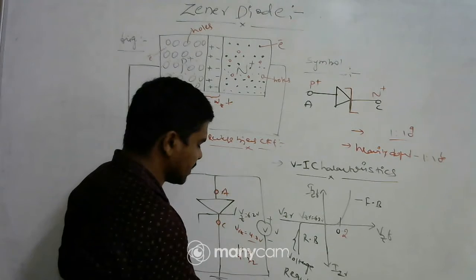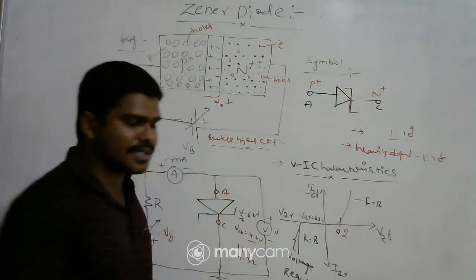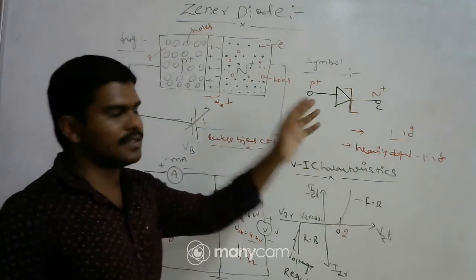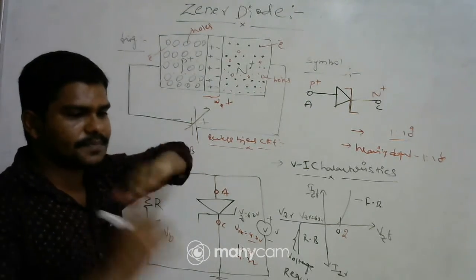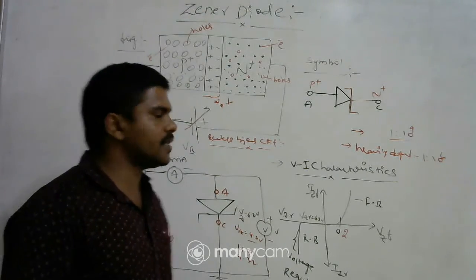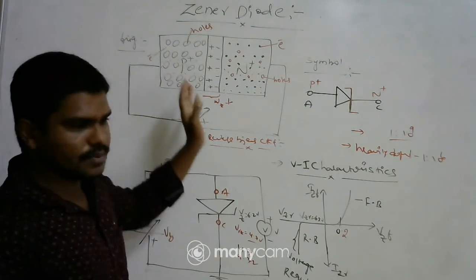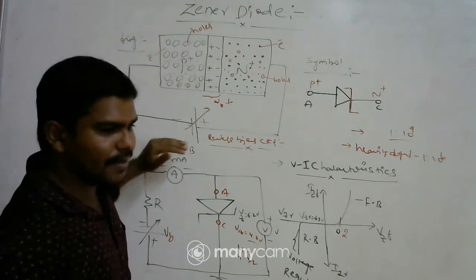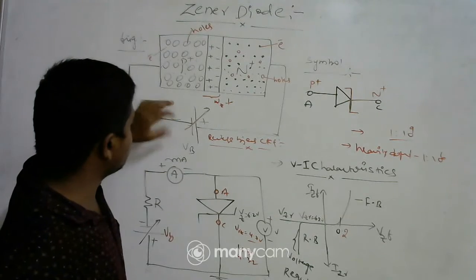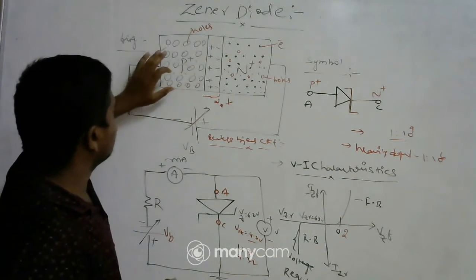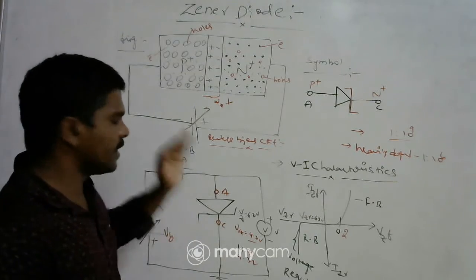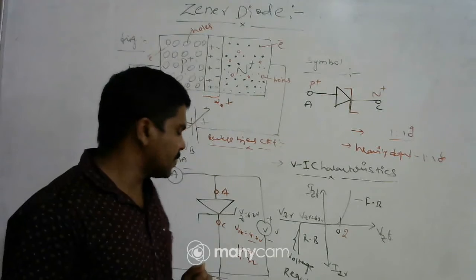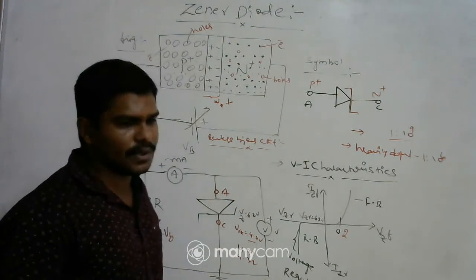When it reaches 0.6, 0.7, a little bit of conduction starts in the circuit because of minority charge carriers. The rupture is direct, meaning heavy doping. Heavy doping means the minority carriers also move from one region to another because they got sufficient energy from the bias voltage, which repels the minority charge carriers. We are getting the current due to minority charge carriers only, not majority charge carrier current. That's why it will maintain some constant voltage.